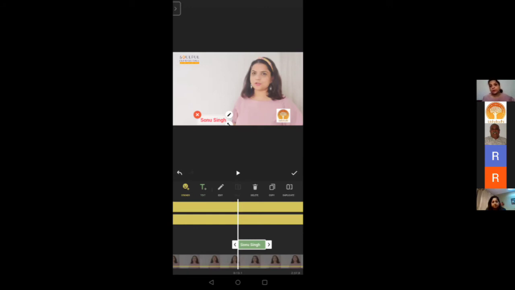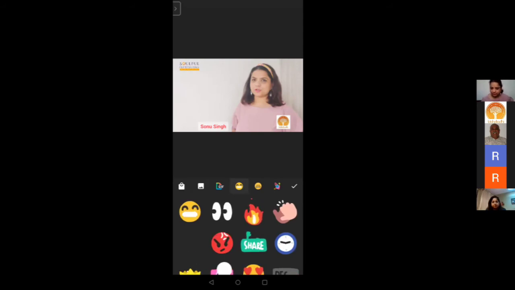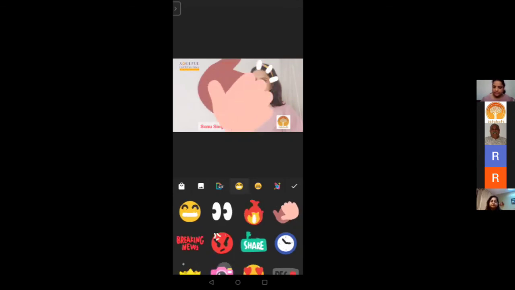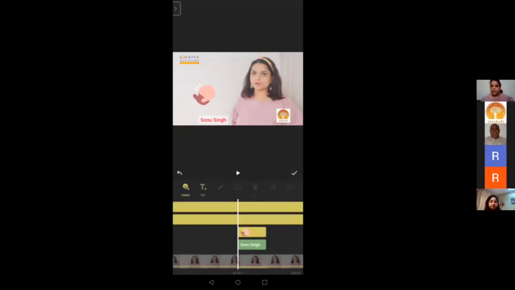I also want to enter a GIF now, like a laughing, a clapping thing. So I go to sticker. I take up this clapping option. It will come up. I resize it. And I change it here. Okay? So I place it here. Done. So now you see that the 13 second का जो बार है, जो लंबा सा बार है, उसमें भी you can see two options coming up. Along with that, two other option of logos which are there running till the video end. तो उनको जहाँ भी जगह मिलेगी on top, on bottom, wherever it is, they will adjust themselves. So you don't worry about it. You just have to see कि these have appeared on your screen.